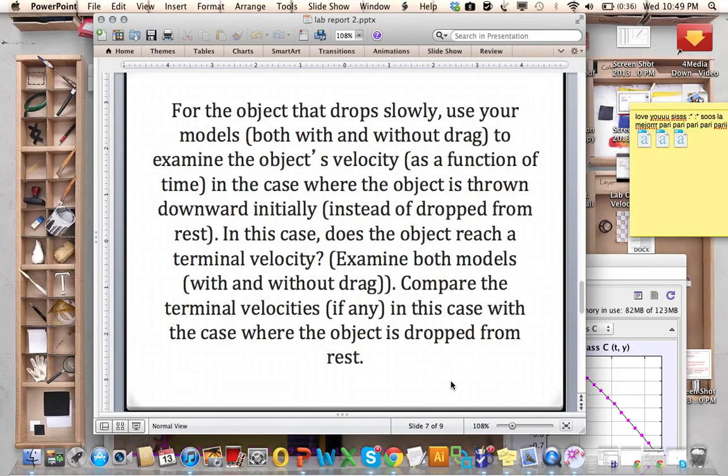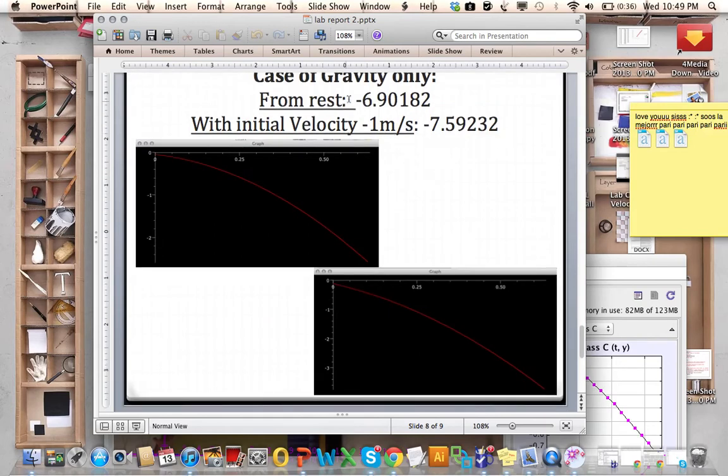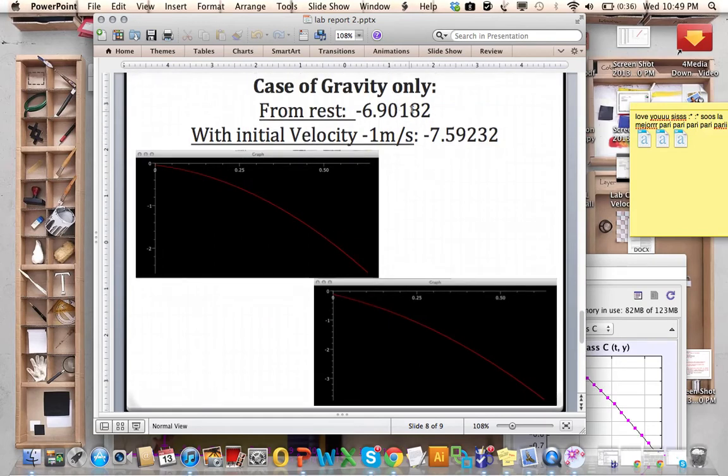Then for the next question we have: for the object that drops slowly, use your models to examine the object's velocity as a function of time in this case, where the object is thrown downward initially. Does the object reach a terminal velocity in this case? Compare the terminal velocities in this case with the case where the object is dropped from rest. So we have, in the case of gravity only, from rest the final velocity is negative 6.90184, and when the initial velocity in the model, I input negative 1 meters per second, and it gave me negative